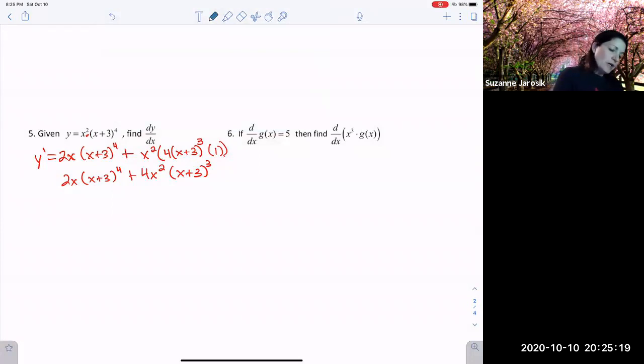All right, here we go. Derivative of x cubed times g of x. Love these problems. When you've got two functions, outside of the exponent, there's no numbers. So, product rule overall. So, it's an x cubed times a g of x function. All right, so I should say d dx of x cubed times g of x is, here we go, 3x squared times g of x plus